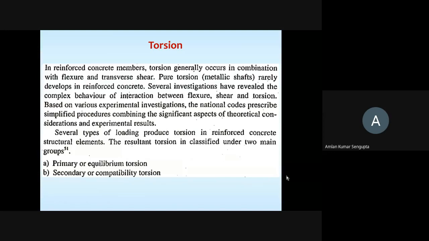After cracking, there is redistribution of stresses, and the beam behaves like a three-dimensional space truss. But in order to simplify the design, the code has adopted a simplified approach where the effect of torsion is taken care of by increasing the design moment and the design shear. And whatever expressions you are seeing, these will be used just as you have used for conventional flexure and shear